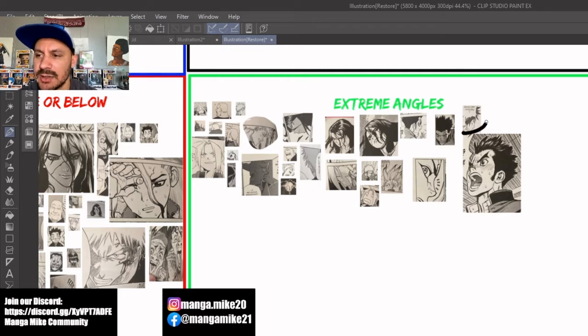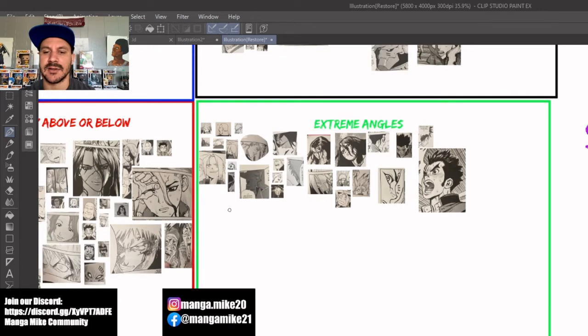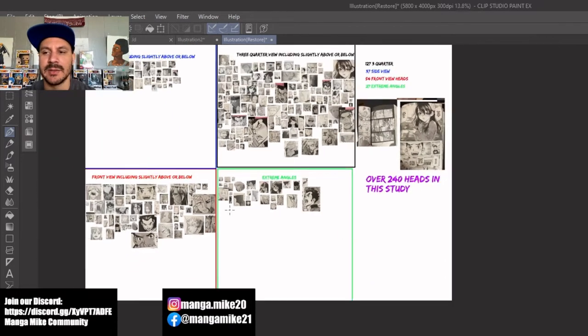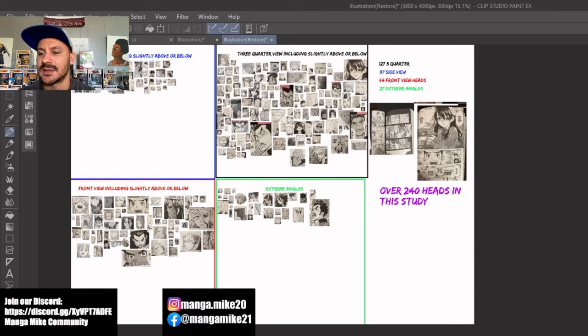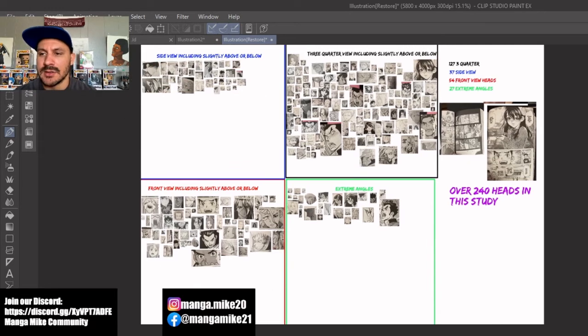I also included in here, this isn't really an extreme angle, these back of the head views, but it's not something that you necessarily will practice frequently, so I did put it in there as an extreme angle. So let's look at what we have left. So we get the rest of the views